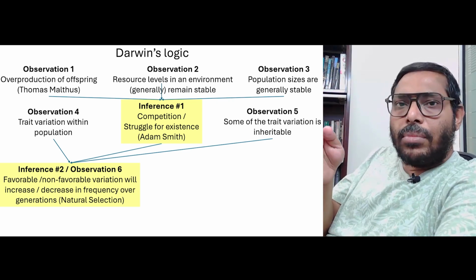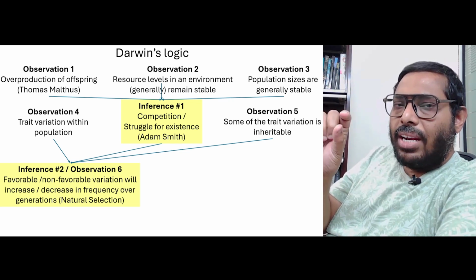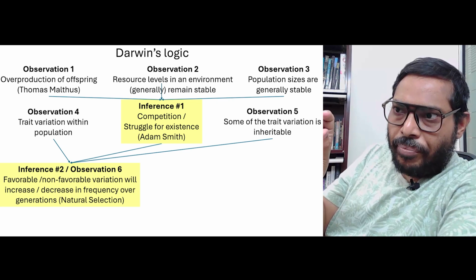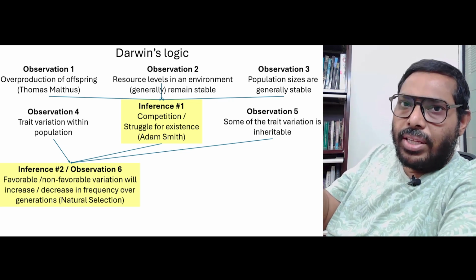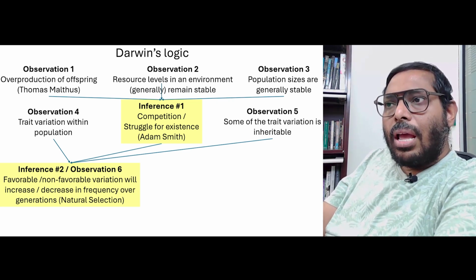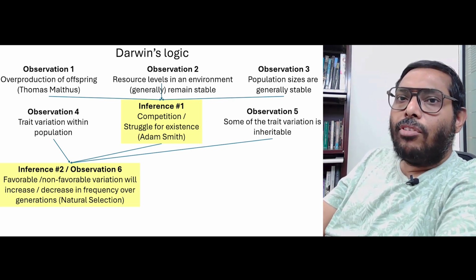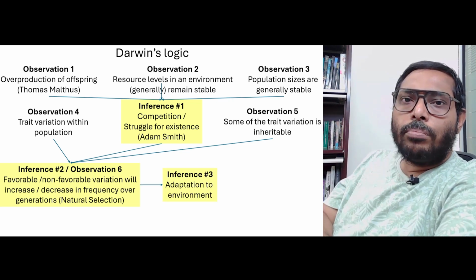The first time this selection happens, the frequency of long-legged individuals in the population will increase a bit. Then in the next generation, that frequency will increase a bit further, and this will keep on happening till the point everybody in the population will have long legs, at which point you are going to look at those deers